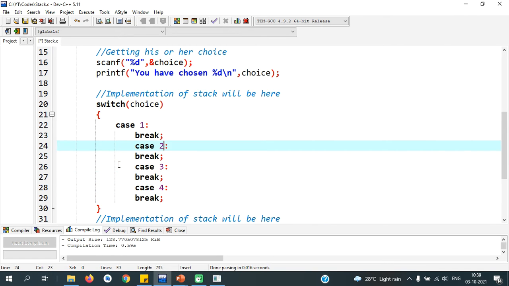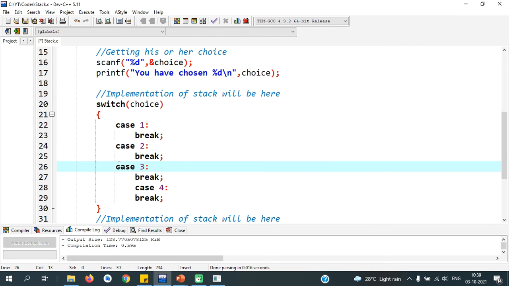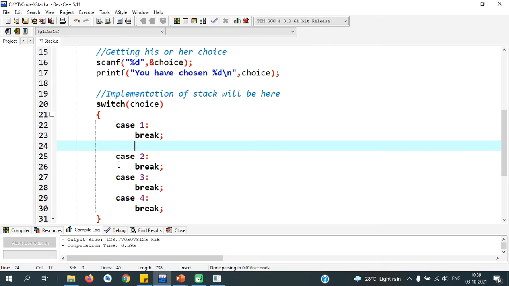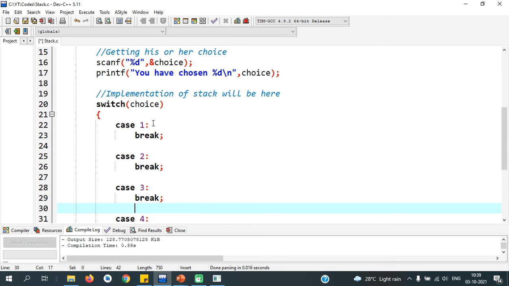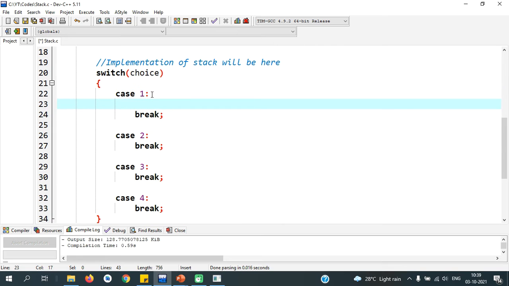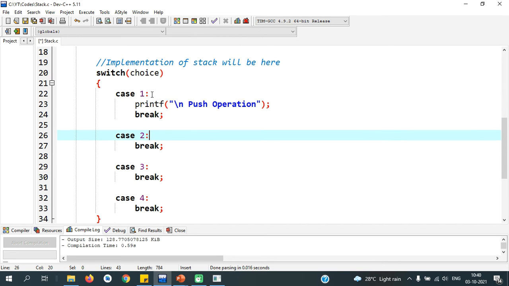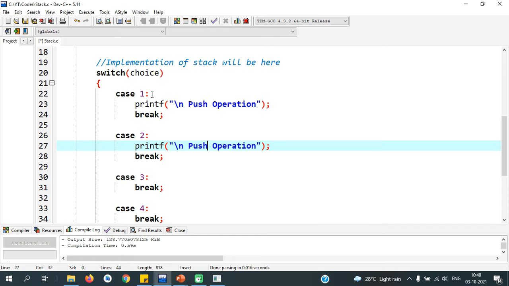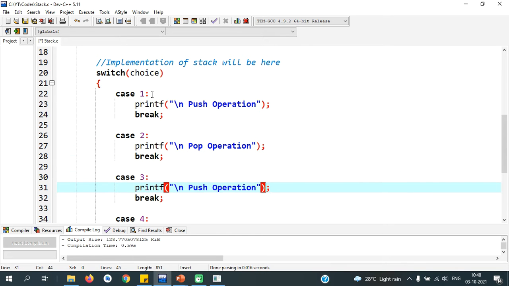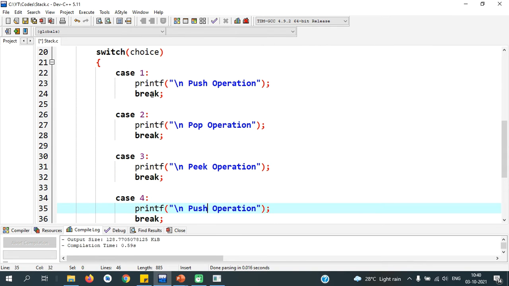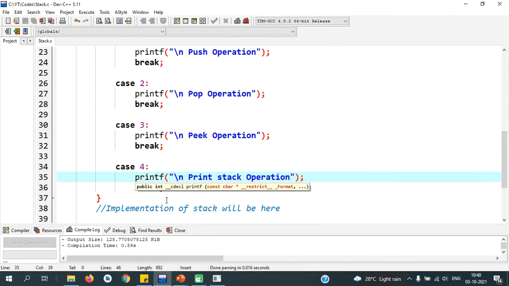So we need 4 operations. Right, now the switch case is over.